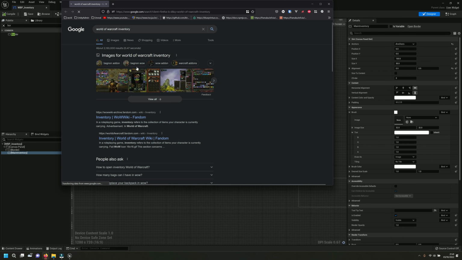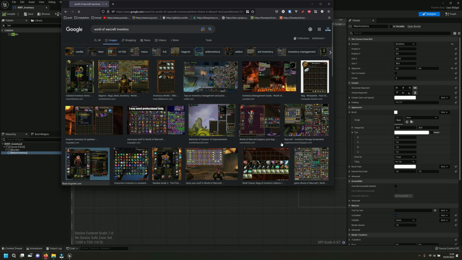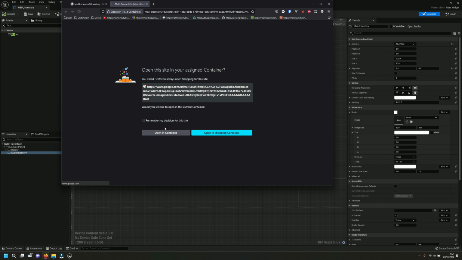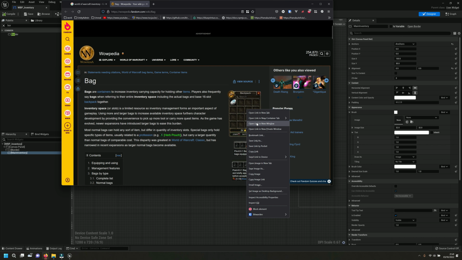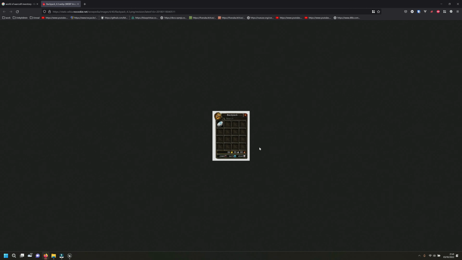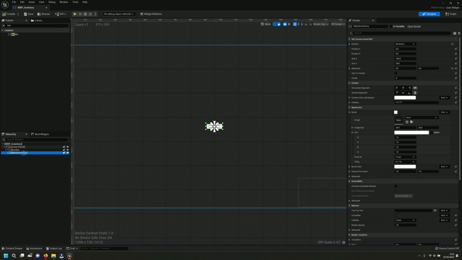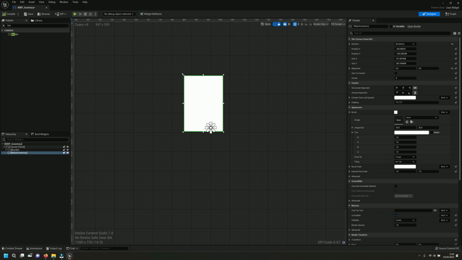Now let's go back here and check the World of Warcraft inventory, for example. Let's just get some ideas from World of Warcraft. World of Warcraft has a very complex inventory, but its layout is quite simple. Open image in new tab, there you go. So that's our inventory. It's just the title and an X button. I'm not sure if we're going to be doing the search, but we can do that. And then we have just the slots in here, which look like a grid by 4, right? So let's get to work then. Let's go back here. We've got the main inventory. I'm not sure yet about the size, so I'm going to start